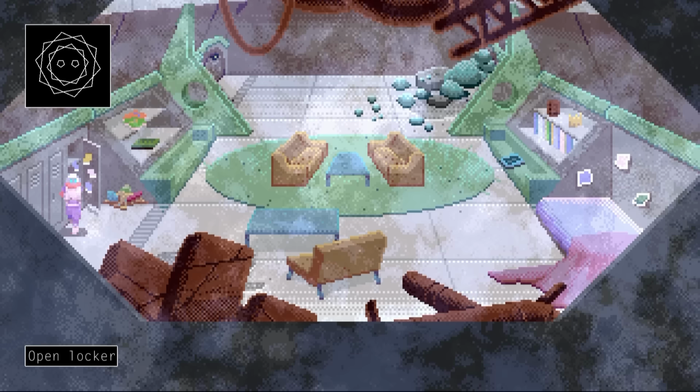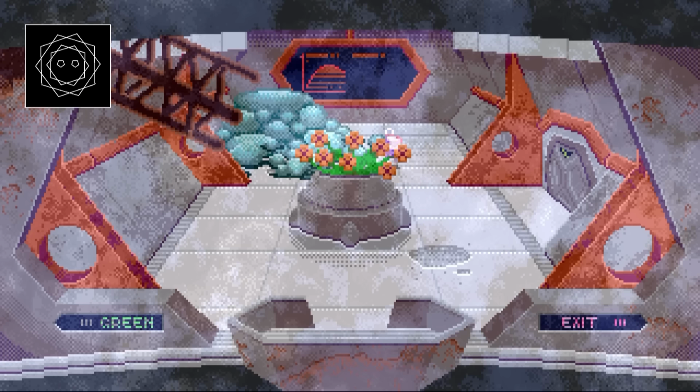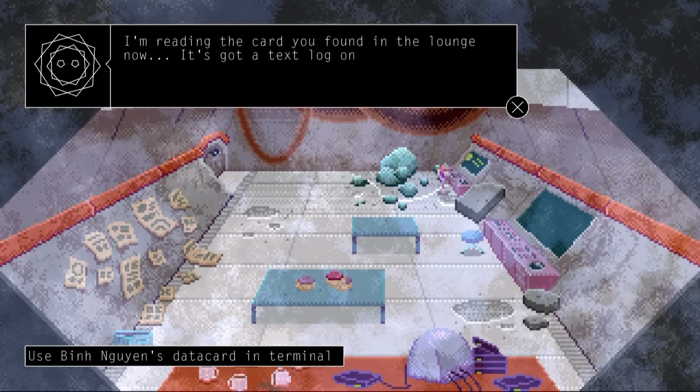Love. Cute. Heart. Sounds like that was a really healthy relationship. Right, and finally, the red labs. Some very nice flowers. Whose office is this? Let's see. Okay, so we're gonna use...